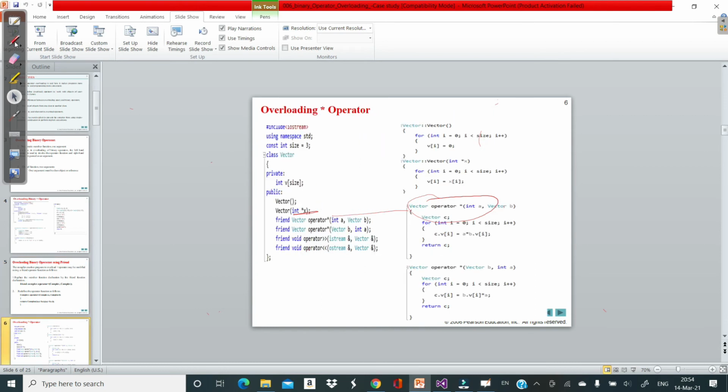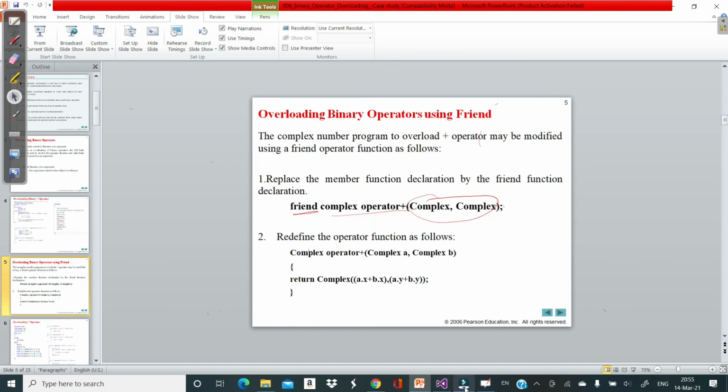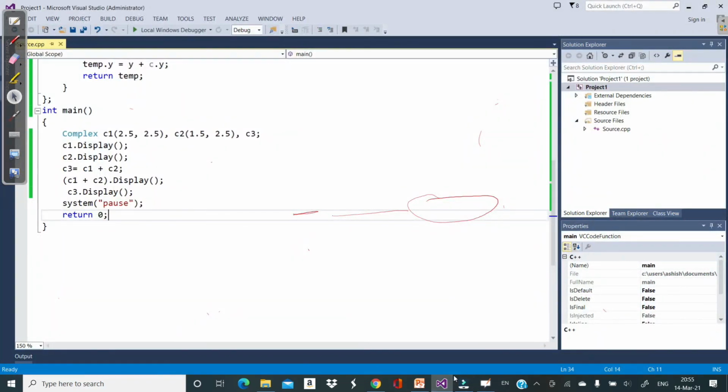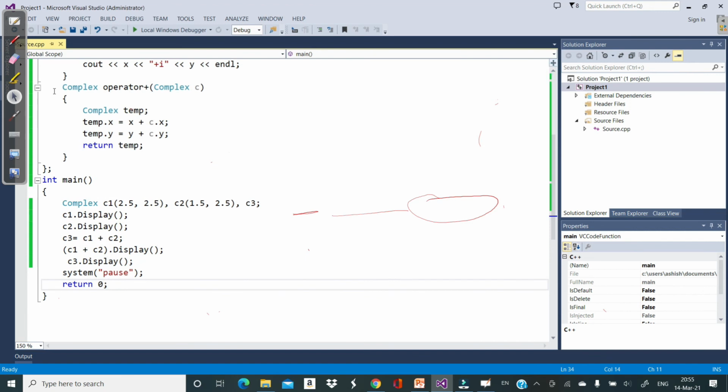I will modify the same program so it will be easier to understand. Let's say we are writing a friend function. So friend complex operator plus, complex C comma complex D. And when we write a friend function, we cannot define it inside the class.